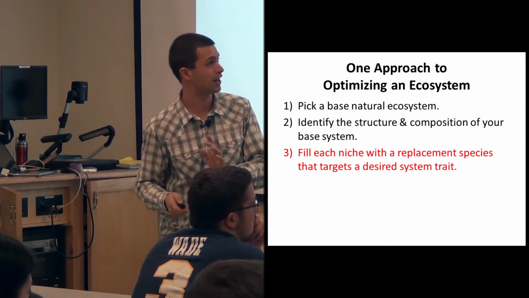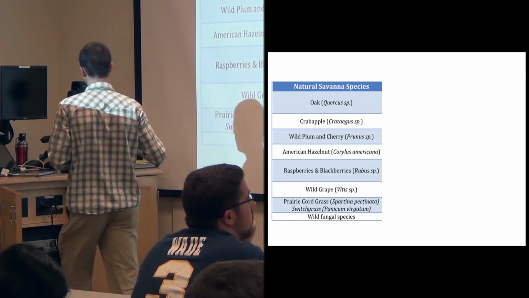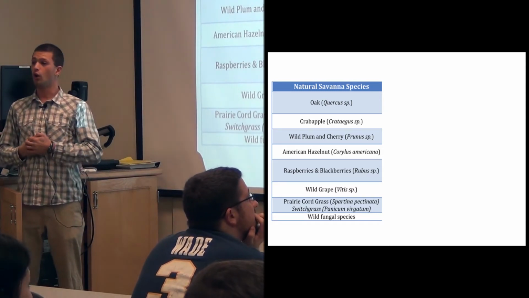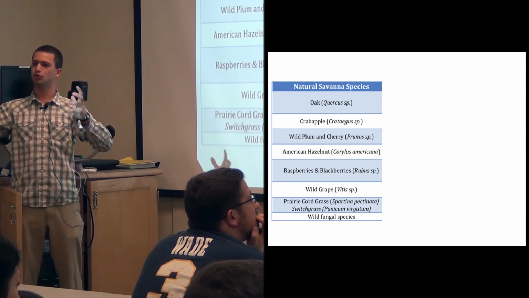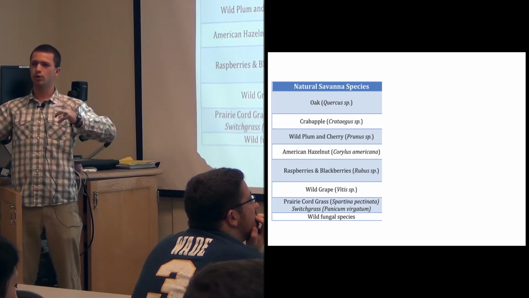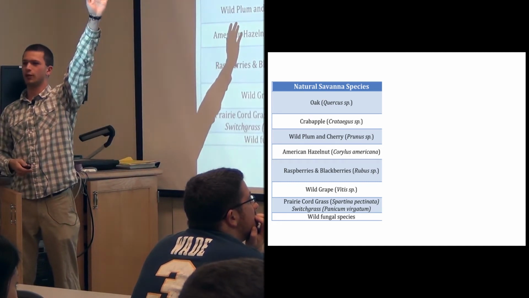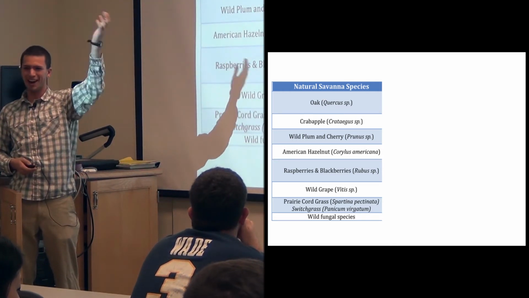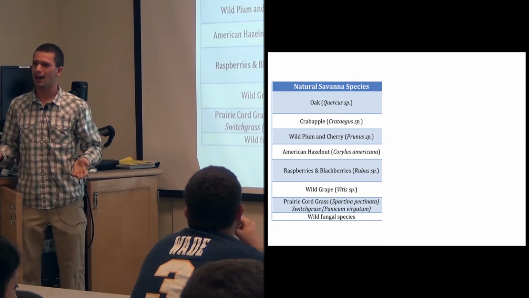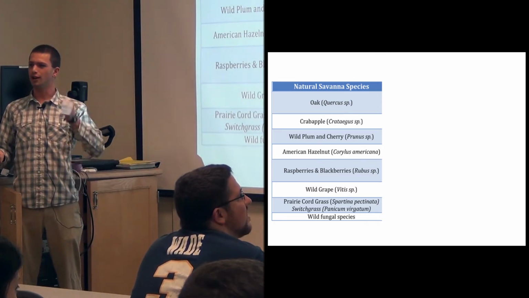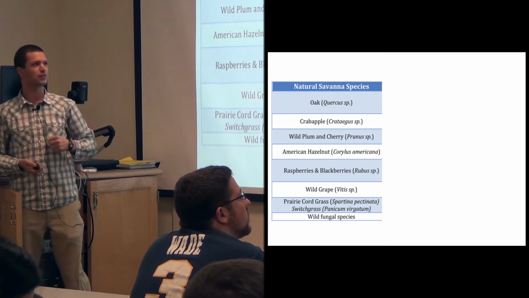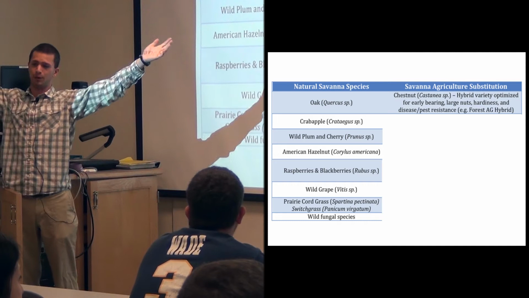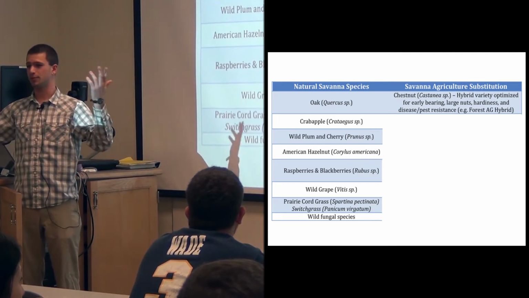So just give me a second here. The left is the species in the natural system, and the right is what we're going to replace it with. So oak is great. It's a big tree. It's doing all those big tree services for the ecosystem. But who here has eaten an acorn or anything derived from an acorn? One person. Great. Did it taste very good? Terrible. OK, so probably not an optimal species to include in the food-producing system that we want to build. Instead, we're going to use chestnut. Chestnut is also a large canopy tree. It looks very similar to an oak. It's actually from the same family.